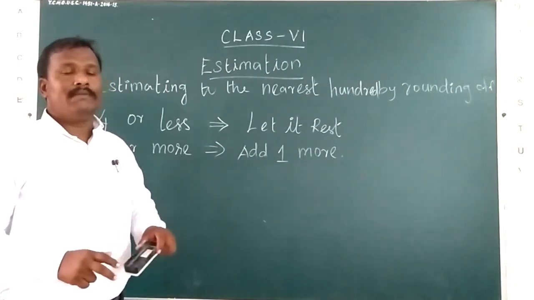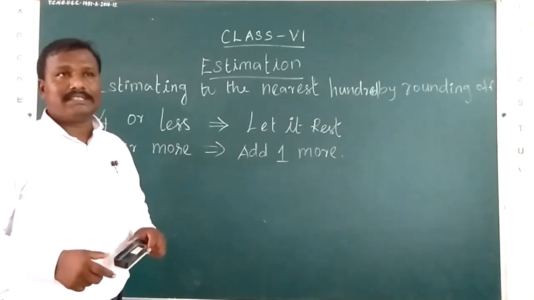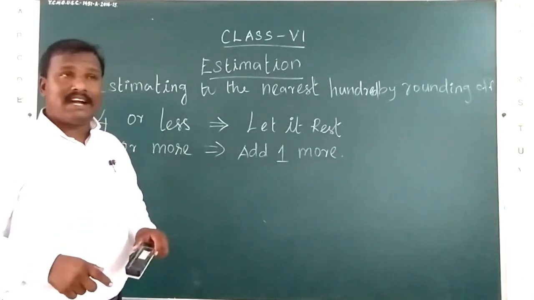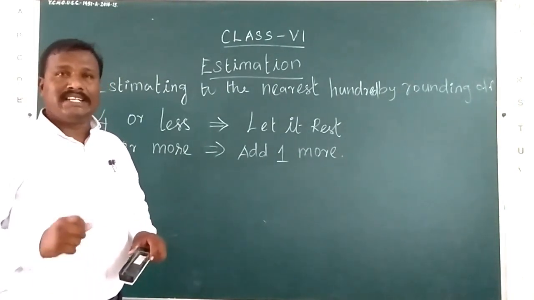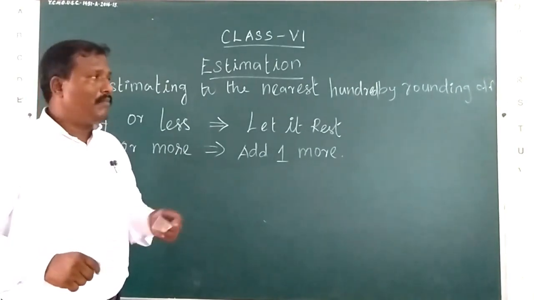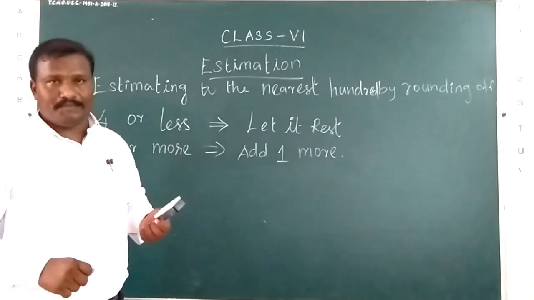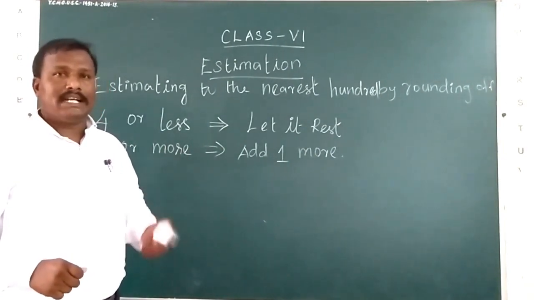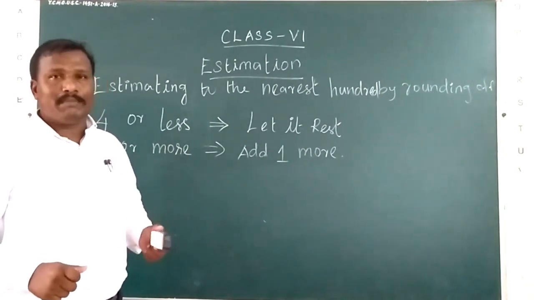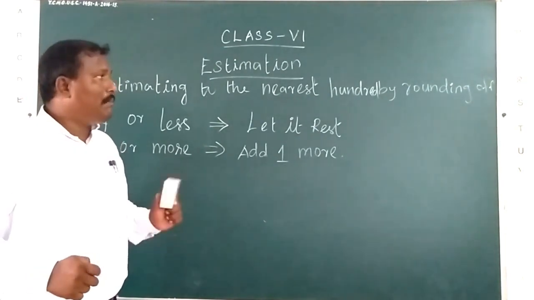But minimum we require a 3-digit number because we are going to round off to the nearest 100. We can round off 3-digit, 4-digit, 5-digit and 6-digit numbers also. But compulsory we